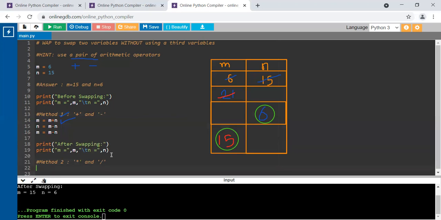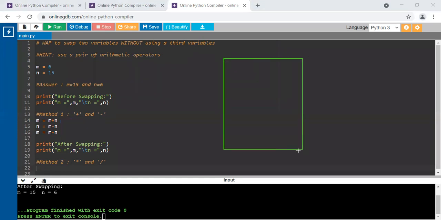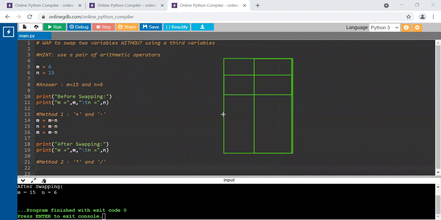So let's try this out. On a similar basis, what we are going to do is, let's first of all clear this out. Okay, so we have our memory table clear.